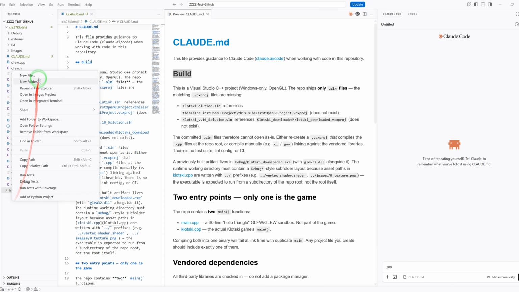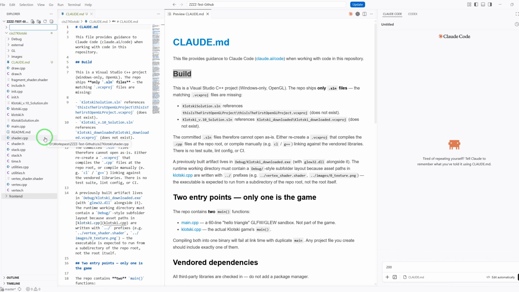And similarly, you can create a new folder, backend, to store your code for the backend, and you also add a new Claude.md inside the backend, and that Claude.md only contains the information for the backend module here. And then for the main